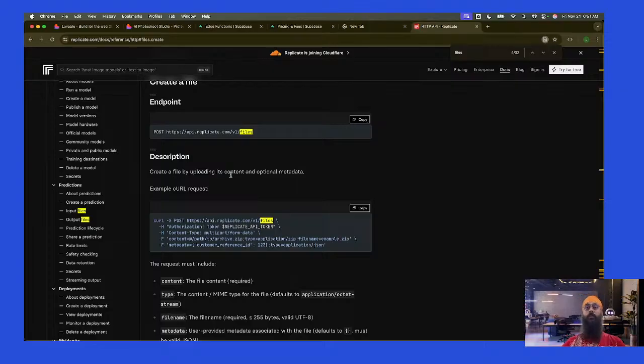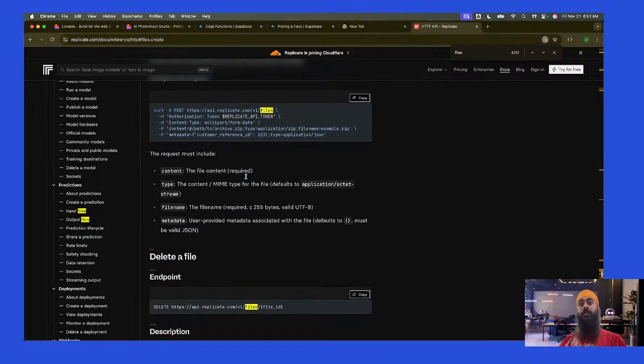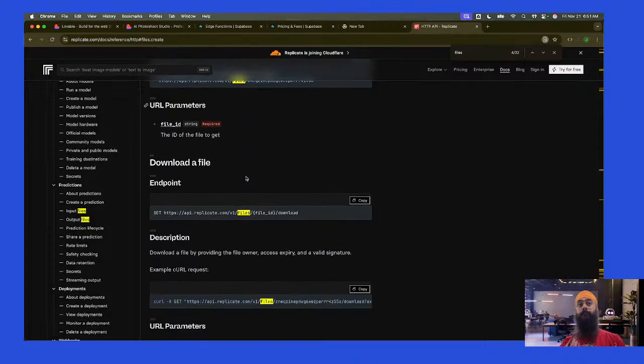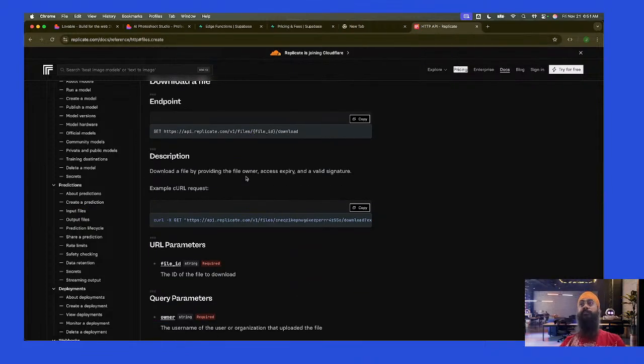Then it is: create a file by uploading its content and optional metadata. That's fine.